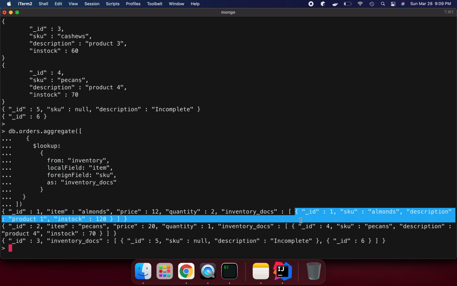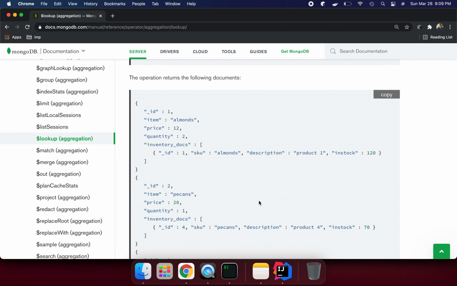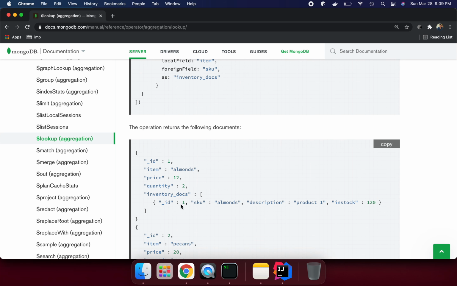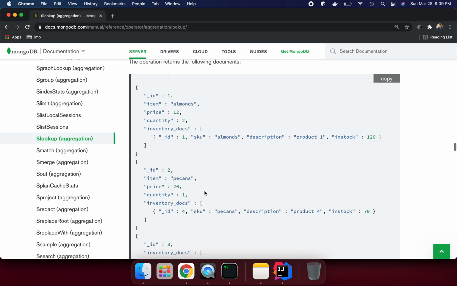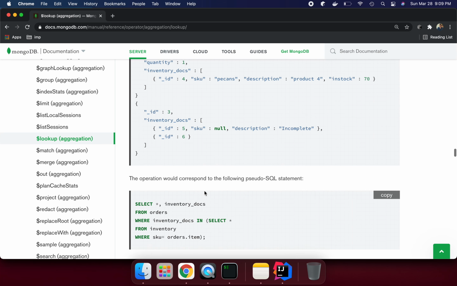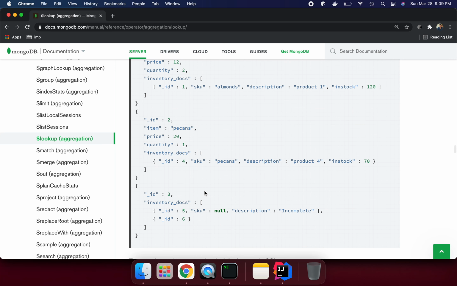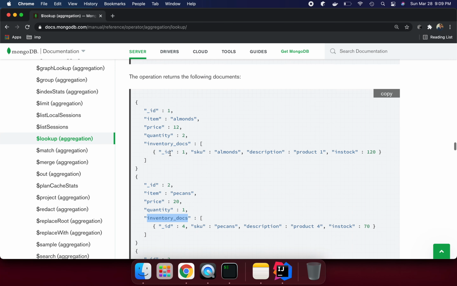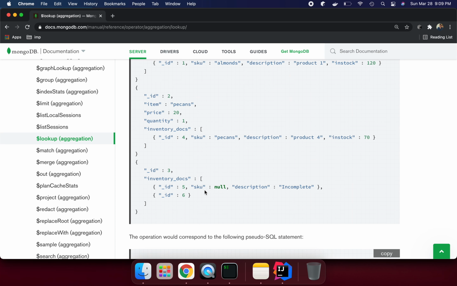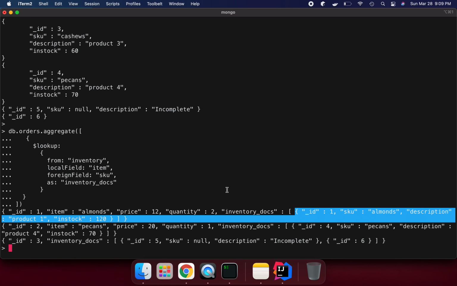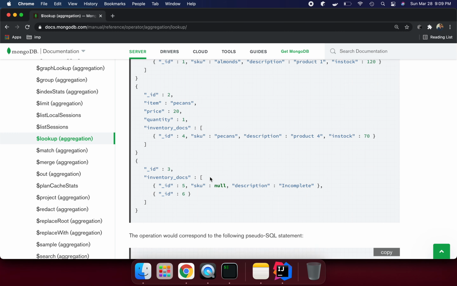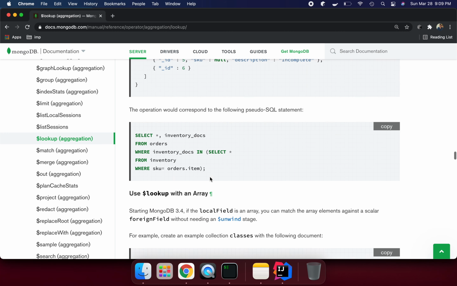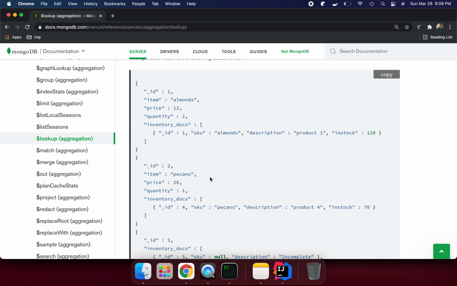So this way we can match the collection data and get the data. The operation returns the following documents. This way we can perform the lookup operation and find the matching data. Elements match, the other items match, and we are getting that data. So this is the lookup operation, and this is really easy syntax you can use. Don't use it until it's required, depending upon your need, because the lookup operation is very costly and it's going to slow your performance.